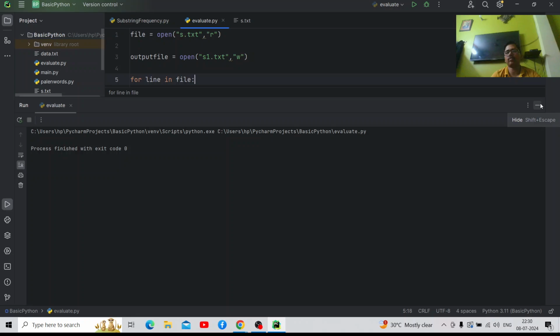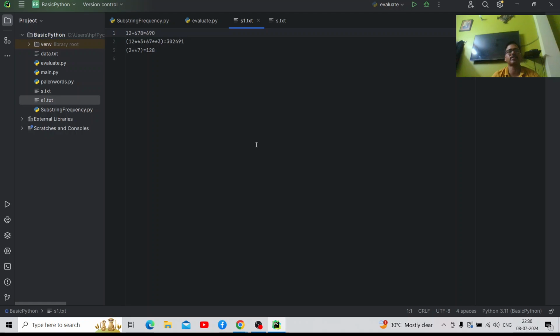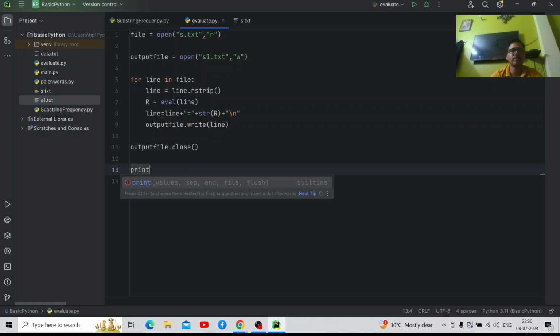If you open this, you will see, yes. Got it? Yes, sir. और एक चीज और है, suppose here you want the resultant file content, you just display this message.